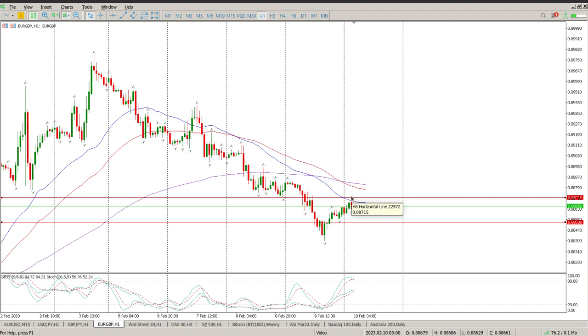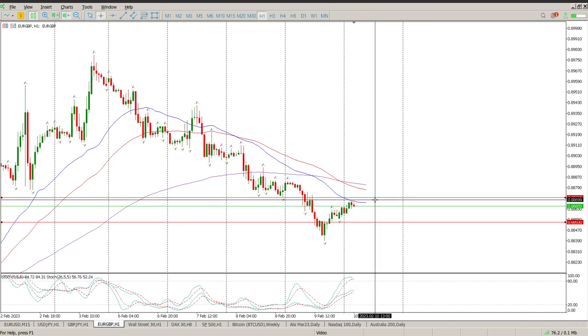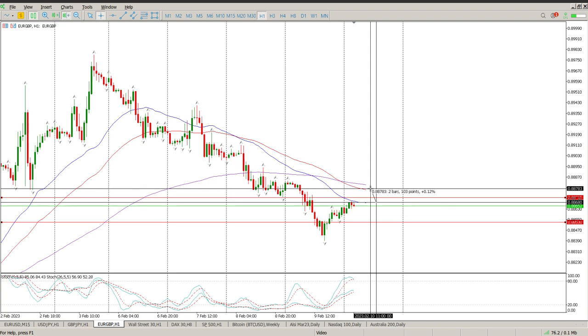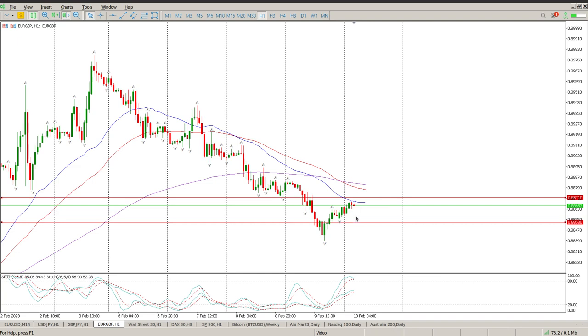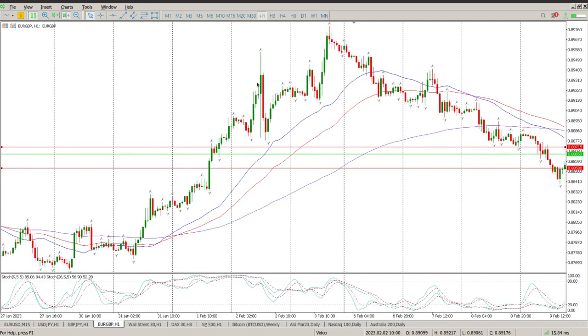So conflicting signals here, and I'm going to go with the current trend, but this is not worth the trade because I'm going to expect a move off here. You're probably going to end up with a 100-point stop loss. You're coming back on this level for 150 points. So that's kind of what I'm expecting to happen today. And then you're probably going to just muck around in this area, or we are basically looking for